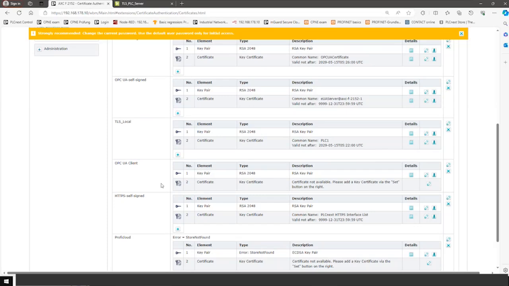Also the ones that I use for the TLS communication just expire in 2029. This is very typical, so you have to renew the certificates. But of course, it's up to you. If you create your own certificates, you can also adjust the expiration date and make it forever if you want to. But this is not so secure, so it's more secure to change the certificates once in a while.